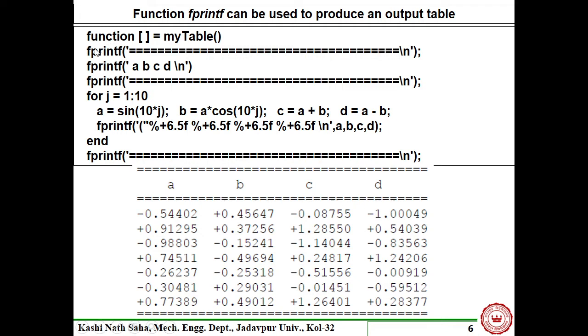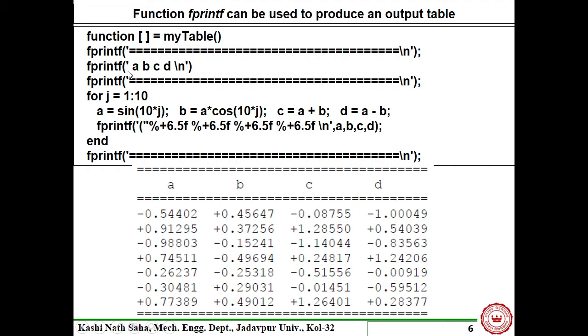So what this fprintf will do, it will print up to this much to the open file, and then the marker, the pointer of that file will come into the next line. So the result is, it will start from here. It will print up to this. From there, the marker will come here. Okay. If you do not provide this \n, for the next line, it will start printing from there.